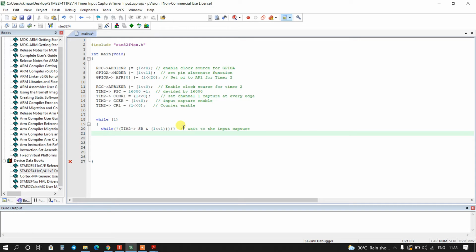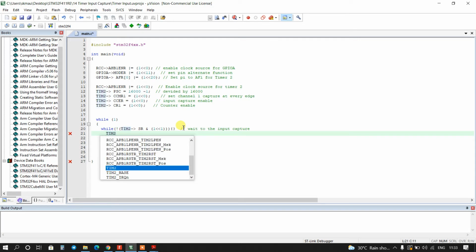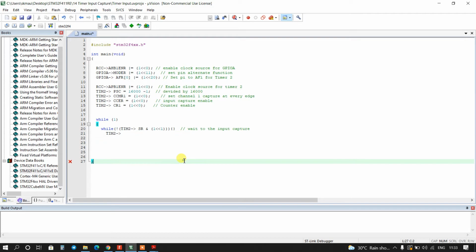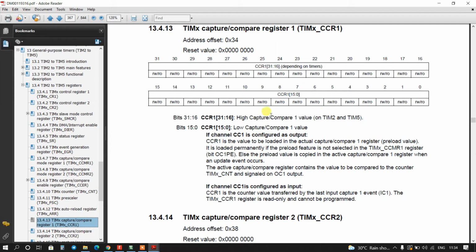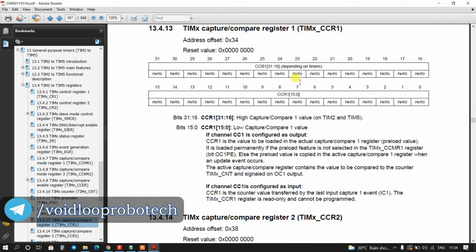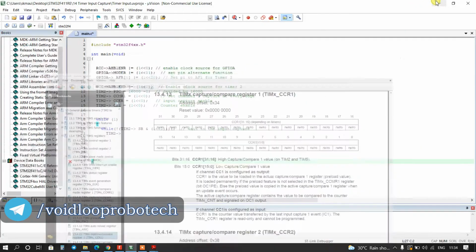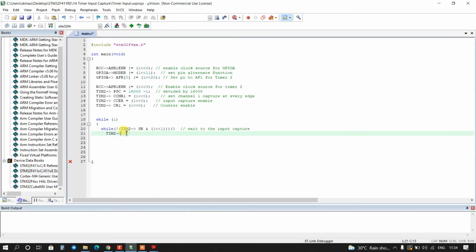Okay, now we will access timer 2. Okay, we will again go to the CCR1 register. Yeah, we will get data here, so we have to read this bit, right. So I will check the CCR1 register, and I will store its value in a time variable.